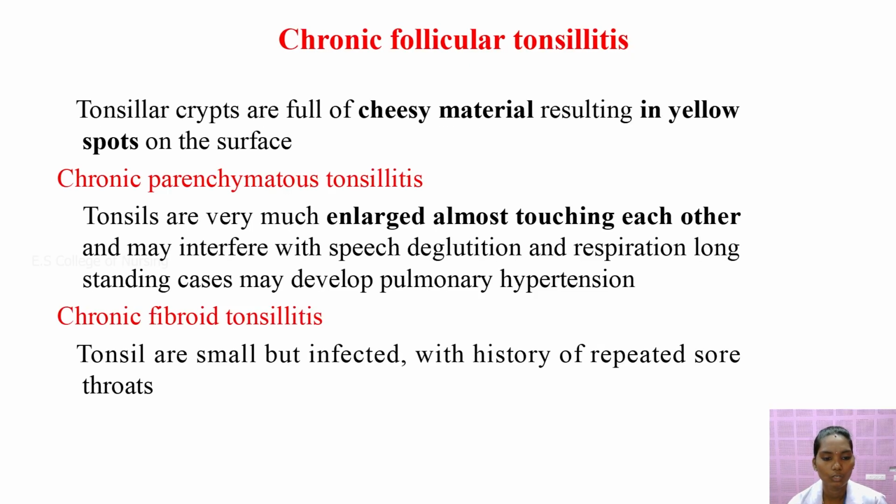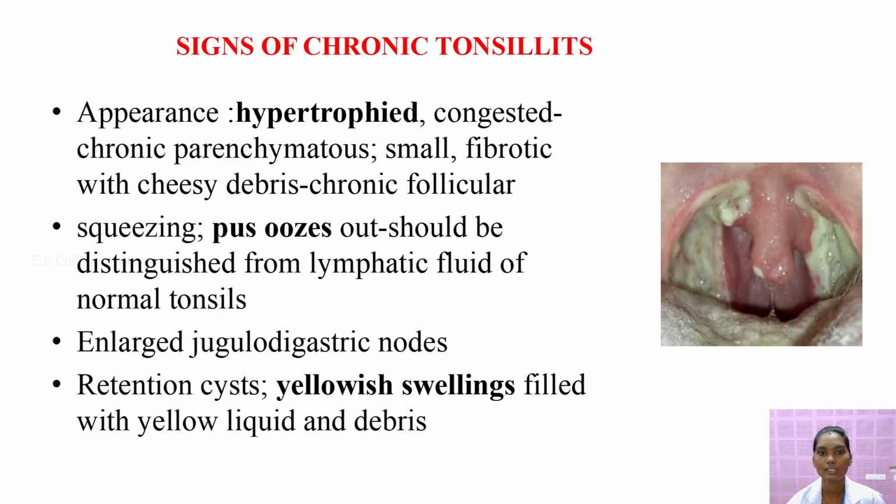So next is chronic fibroid tonsillitis. The tonsils are small but infected, with a history of repetitive sore throats. Fibroid tonsillitis patients have repetitive sore throats and repetitive infections. So the signs and symptoms of chronic tonsillitis: the tonsils become small or congested,